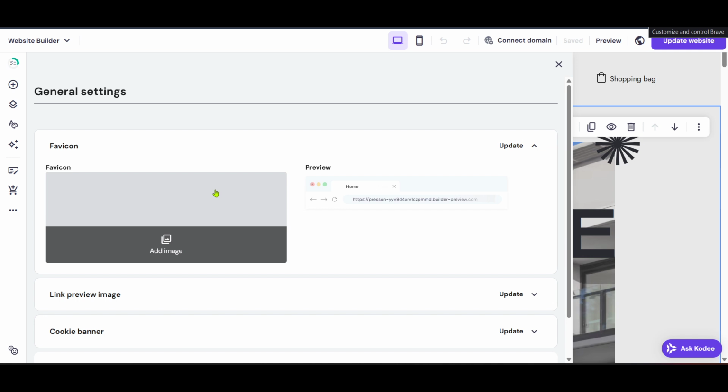That's it. You've successfully added a favicon to your website using Hostinger Website Builder, and your browser tab should now reflect your brand new icon, helping visitors easily identify and return to your site. Remember, customization is key to making your website truly yours, and small details like favicons can make a big impact in establishing your